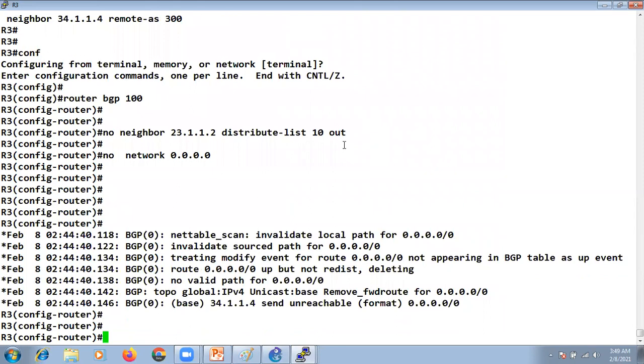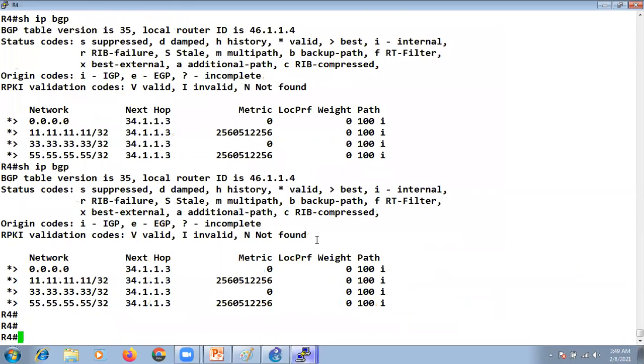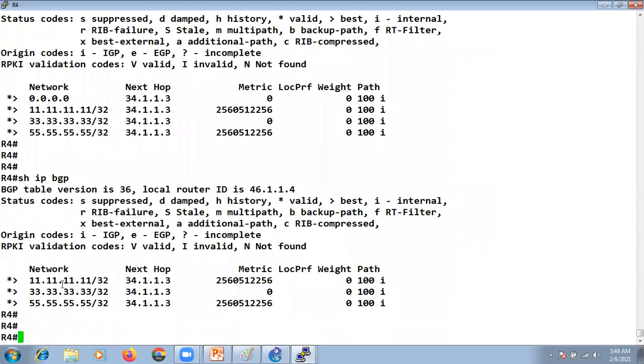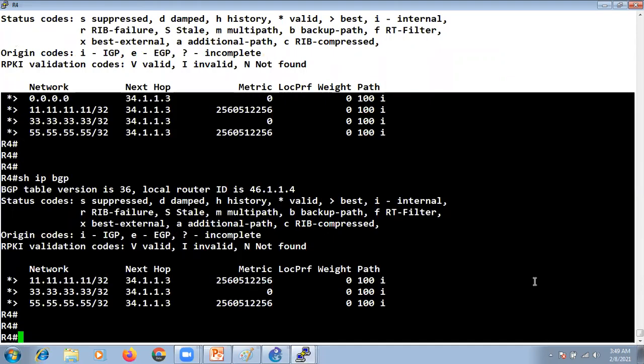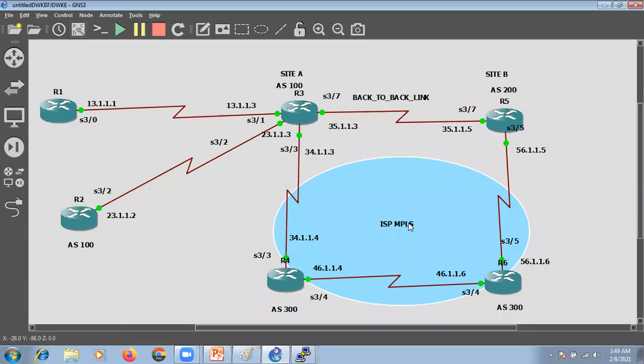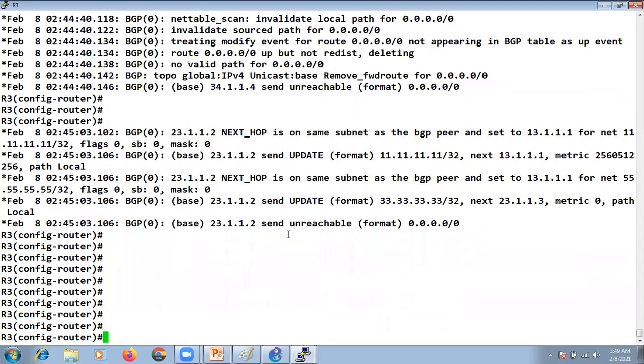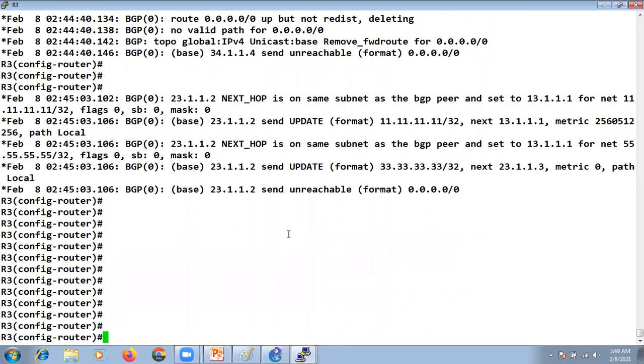Okay. Now you can see it is sharing this information to R4 also, that R4, I cannot get you to the default route now, so you need to remove this from your routing table or your BGP table, right? Show IP BGP. There is no default route now on R4 also, right? Okay, so if I go to R3, now we can use the second method, right?